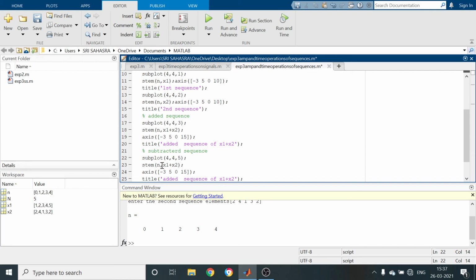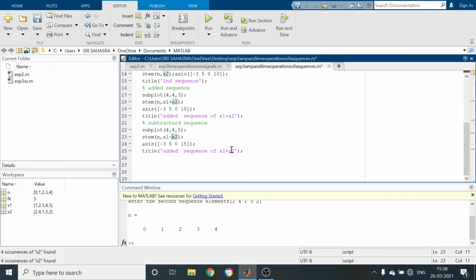I have to write stem n, x1 minus x2. And here, sequence of x1 minus x2, subtracted. Here we have to write x1, x2.